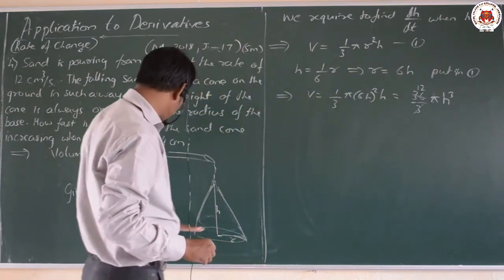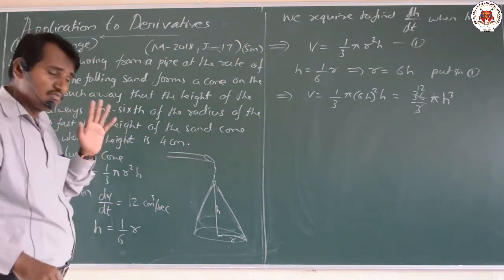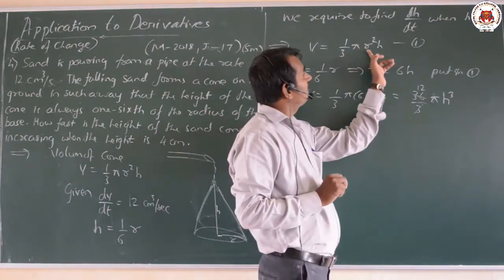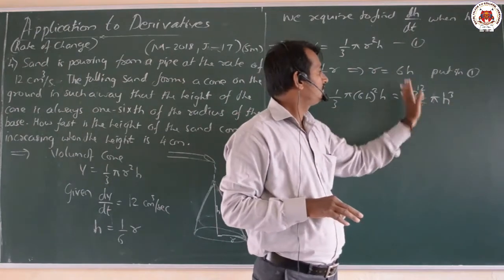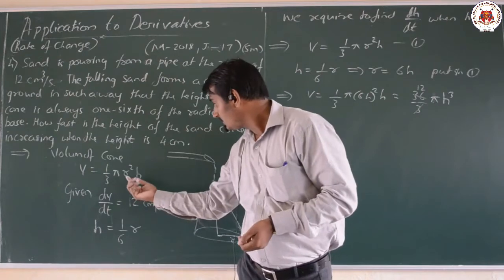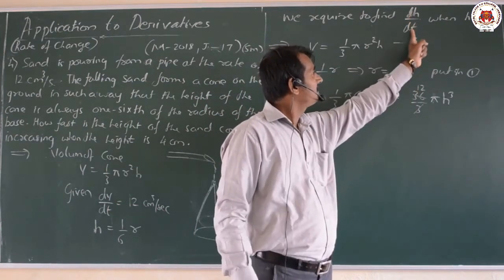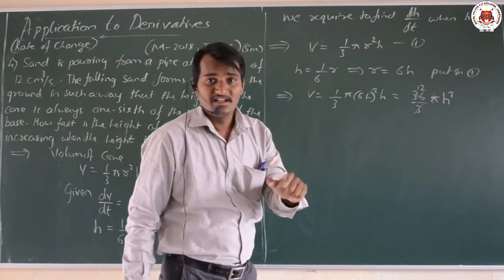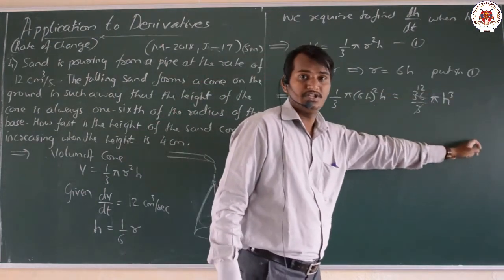According to the given data I have solved this. I put r is equal to 6h here. Why am I doing this? It is very simple. Here we have one more variable r, and I don't require the r variable. I want everything in terms of h, because after differentiating this V, I will get dV by dt, which is already given. And we are required to find dh by dt when h is equal to 4. No radius value is given here, so for that purpose we are changing everything into h terms.